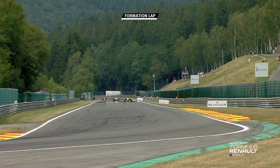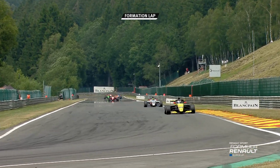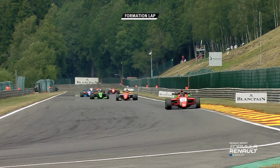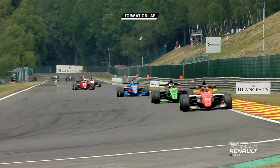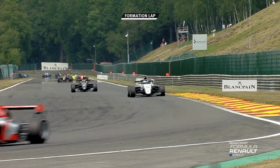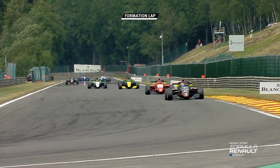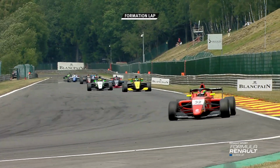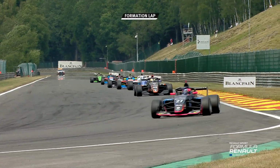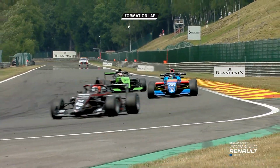And through Eau Rouge they will sweep, and then the climb up towards Les Combes. These Tatuus-built chassis, everyone has the same base car, the Formula Renault FR19. On this lap, a top speed estimated at 243 kilometres an hour on this section up towards Les Combes. For 78% of the lap you're on full throttle, and that's 36 gear changes to a lap. The estimation is 13 laps within the race duration, and it's a 7.004 kilometre lap that we have here